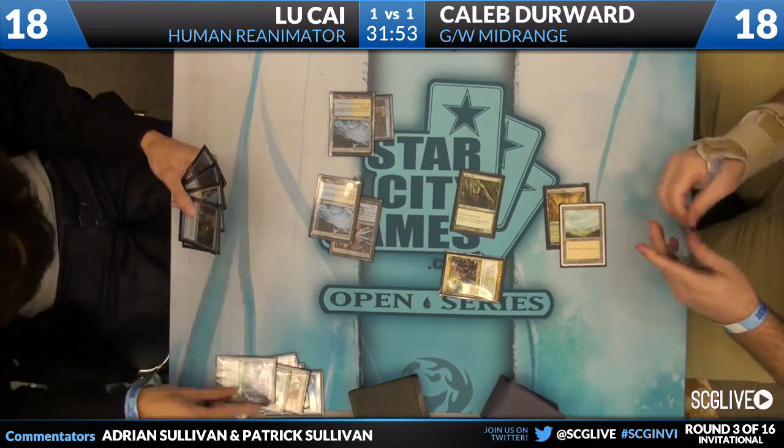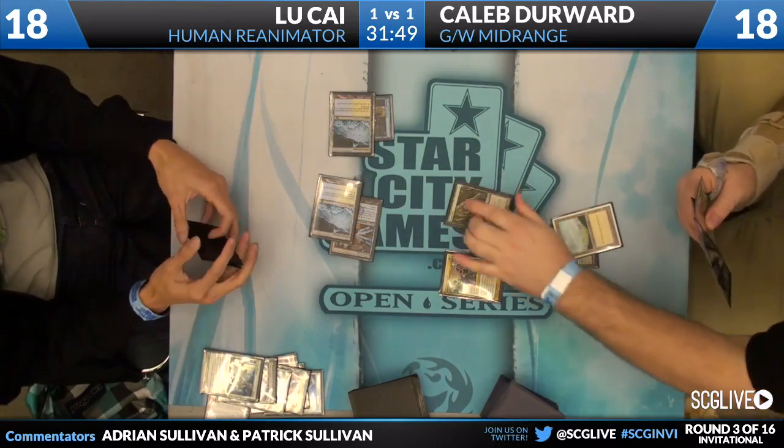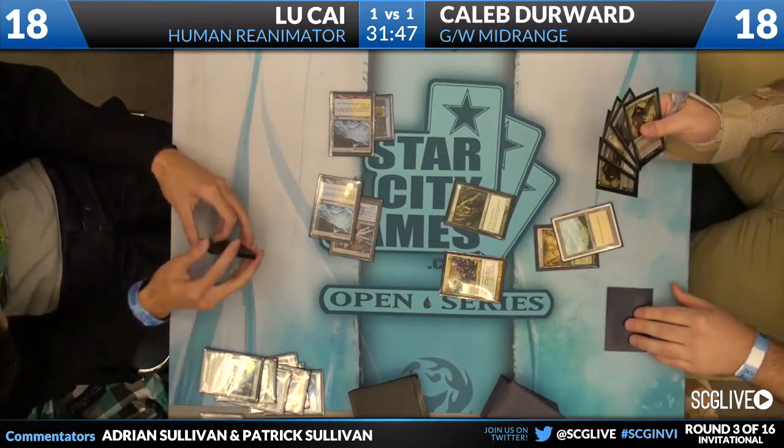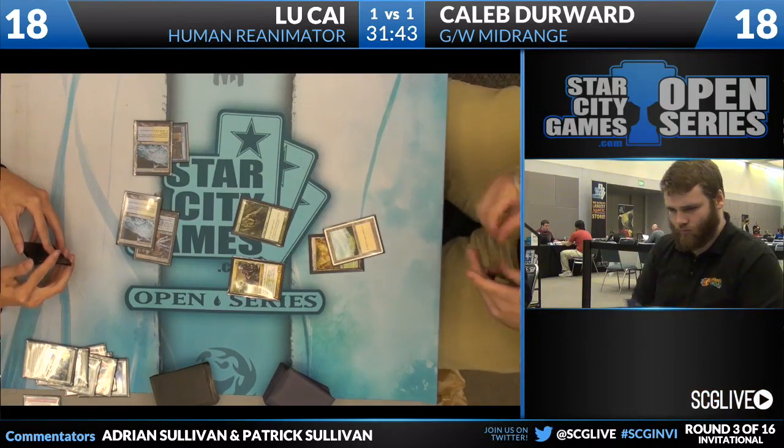Oh no! There's the 3 mana for Faithless Looting being flashed back. Back to Caleb. Caleb has 5 power on the board. Can he do anything useful here, though? Things are getting close to dangerous. Yeah, he needs to find...